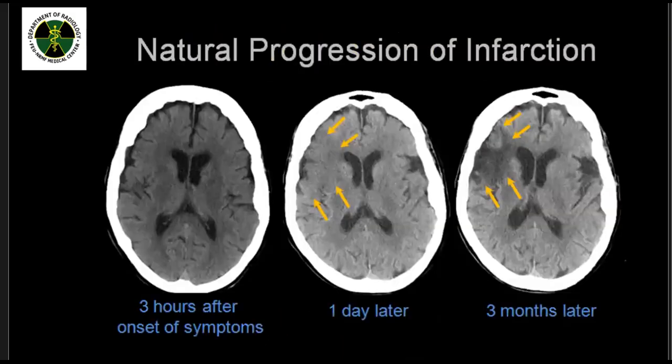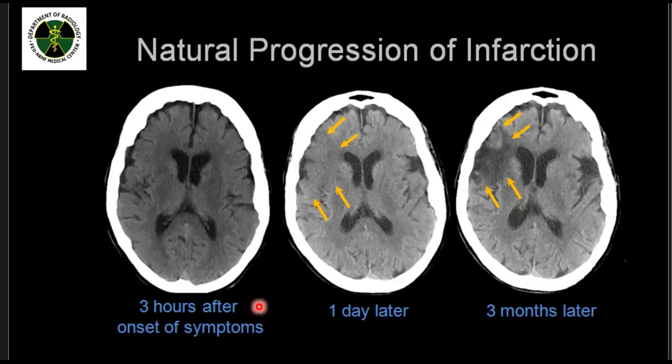So for the natural progression of infarction, the non-contrast head CT is often negative within the first 4 hours of stroke. Okay, always remember that for non-contrast head CT scan, for infarct, it is often negative within the first 4 hours of a stroke. It generally takes 4 to 6 hours for changes of ischemia to manifest on CT scan. Okay, that is the magic number, 4 to 6 hours, for us to be able to see the changes of ischemia in CT scan.